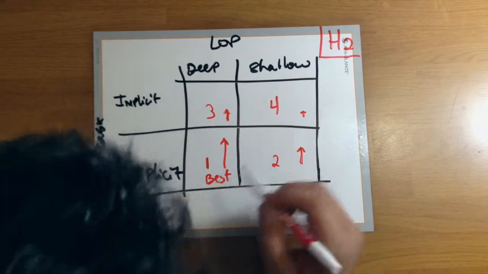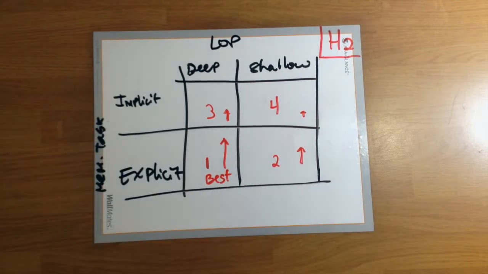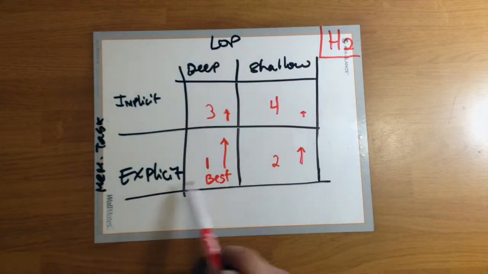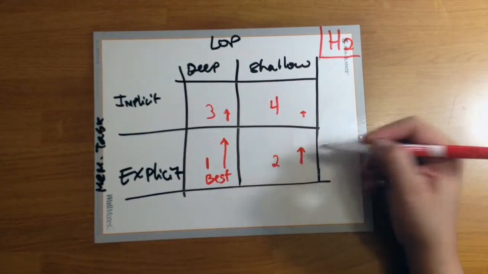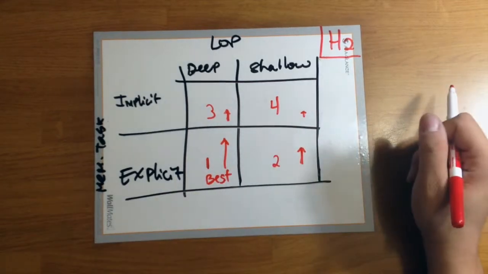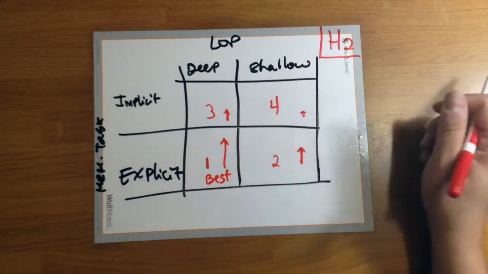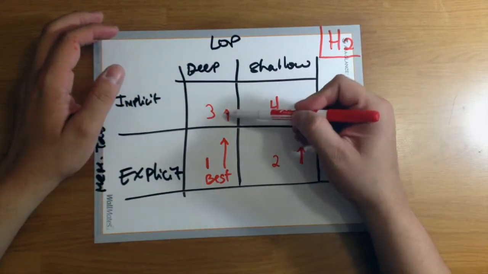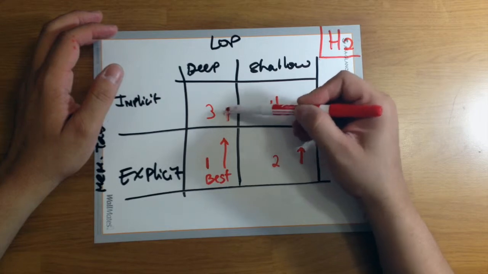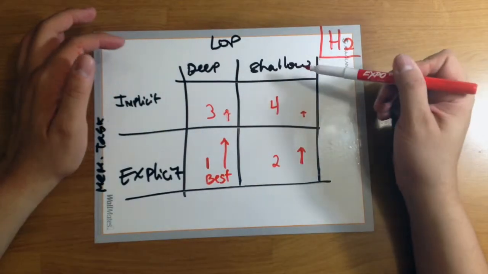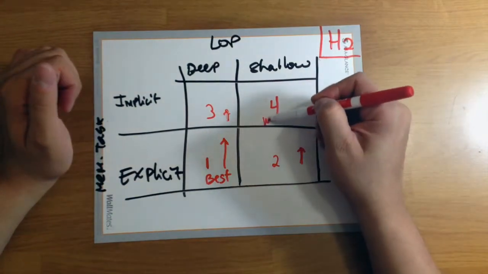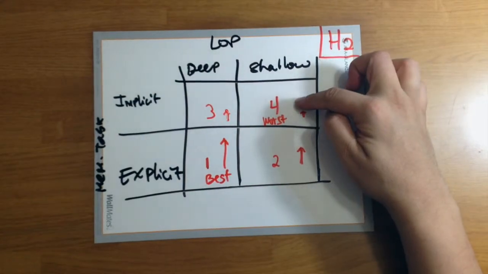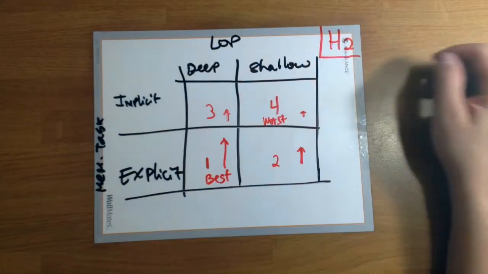This is the best recall, i.e. people will recall the most words here. Then on LOP shallow and explicit recall task, you could say this is second best as far as an amount of recall words. Finally, when it comes down to implicit memory task, deep will have some effect, somewhat of an effect. And then finally, shallow, when implicit memory task, will be the worst recall, i.e. individuals will recall the least amount of words in this condition compared to this condition.